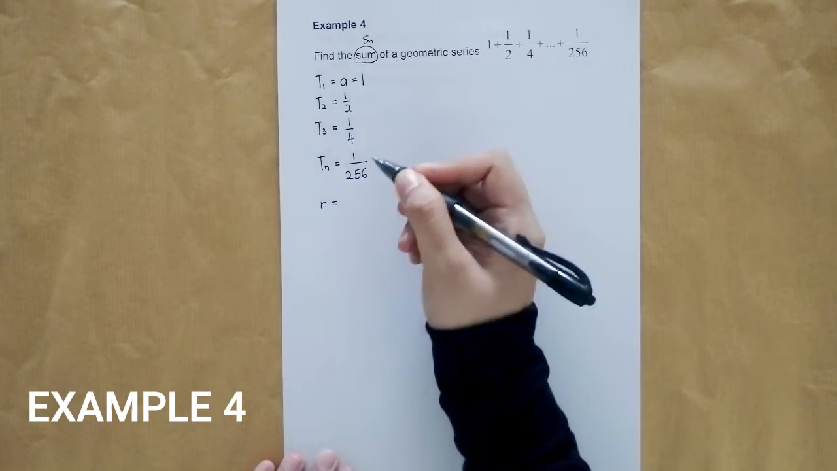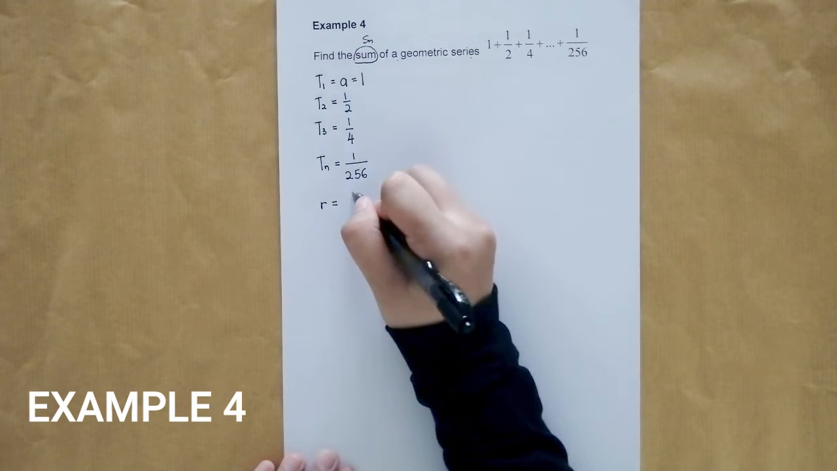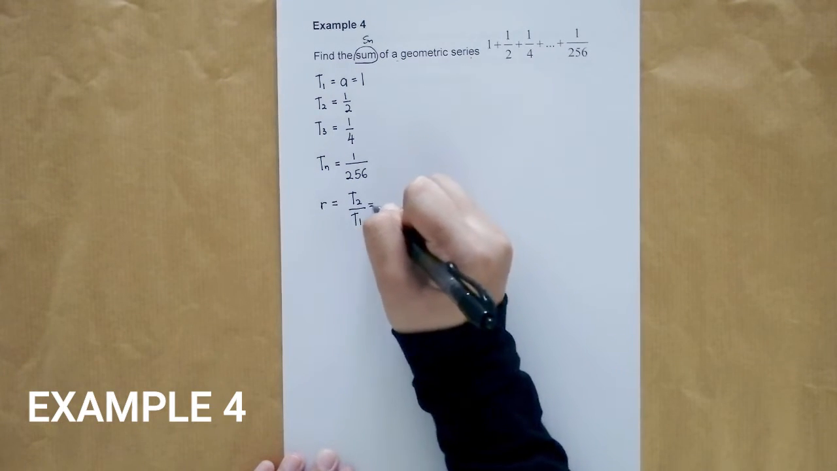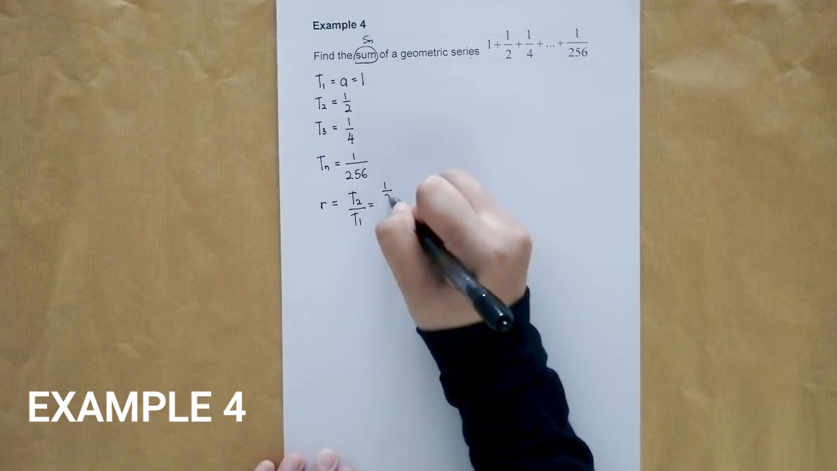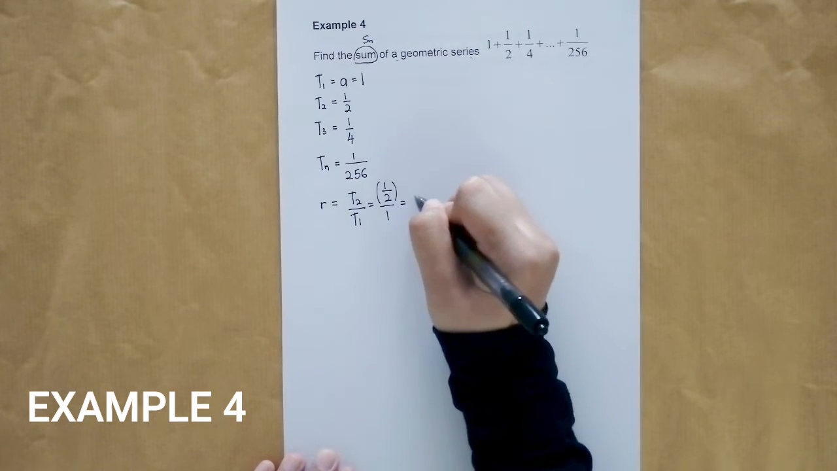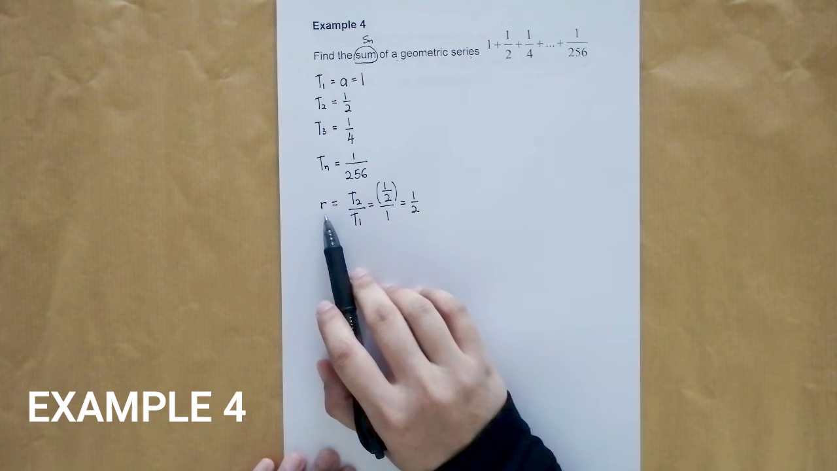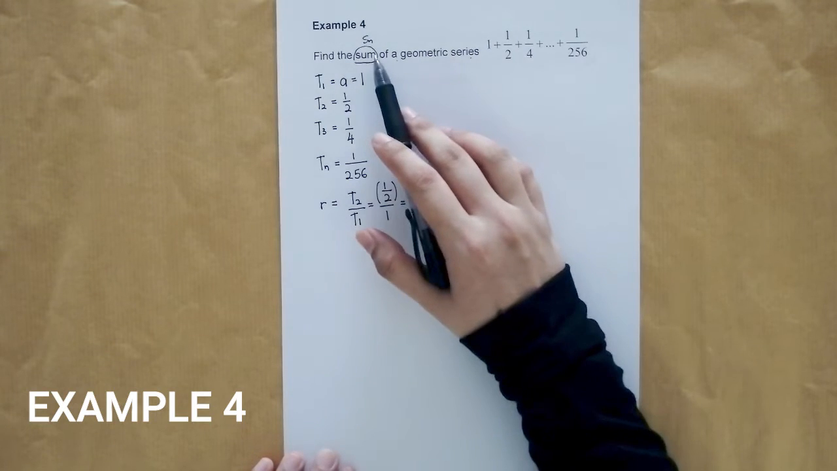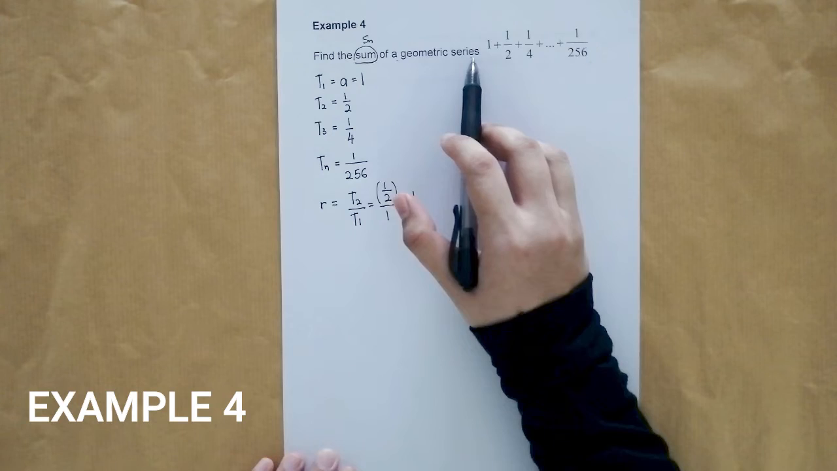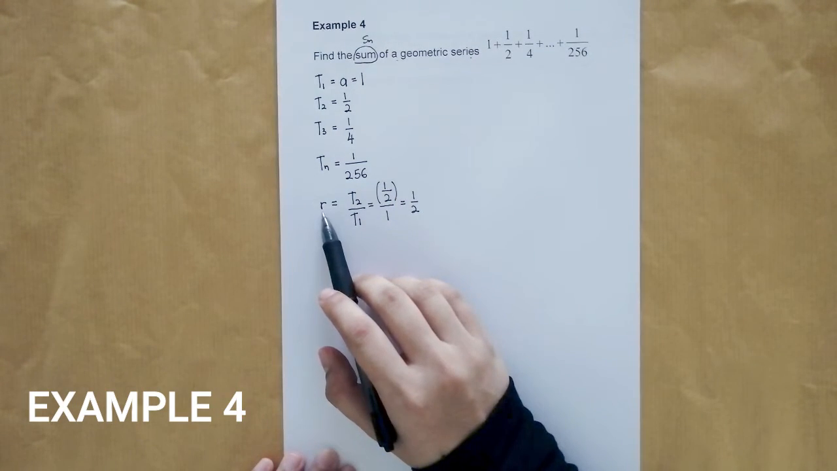R equal to, we can take T2 divided by T1. T2 divided by T1 equal to 1 over 2 divided by 1. So the answer is 1 over 2 for the common ratio here. Okay, to find the sum of a geometric series, you must know the value of R. Now,